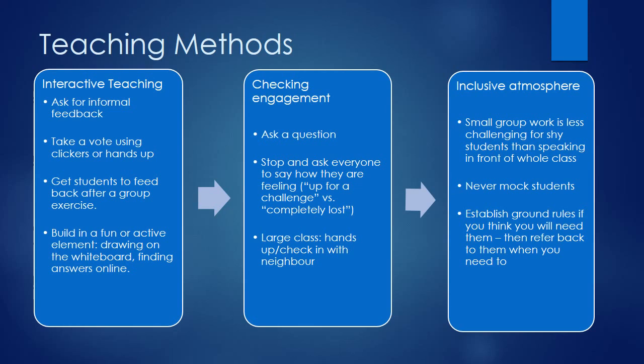And if you think you'll need them, perhaps if you have a rowdy class or a particularly contentious topic, establish ground rules. And this can be useful to do in concert with all the students. Then you've established not what you want the class to do, but what the class as a whole wants to do. So when you need to discipline someone or tell them off, you can refer back to the rules of the whole class, so they're not just disobeying you, they're actually disobeying what their friends want to do, and they're making it harder for their friends to learn. So that's another way of creating an inclusive atmosphere while still maintaining discipline and respect.